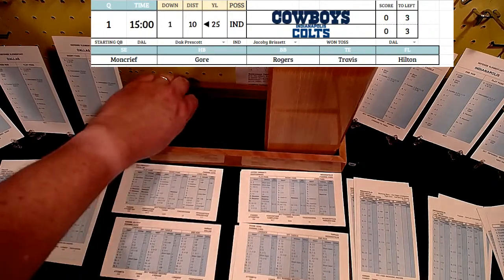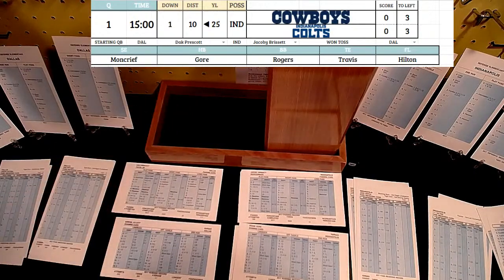All right, 1st and 10 from the 25. Jacoby Brissett is the starting quarterback for the Indianapolis Colts. Scott Tolzien did get 1 start, and I have come up with a usage role based on games started. So most of the time for Indianapolis, it'll be Jacoby Brissett getting the start. Frank Gore is going to be the